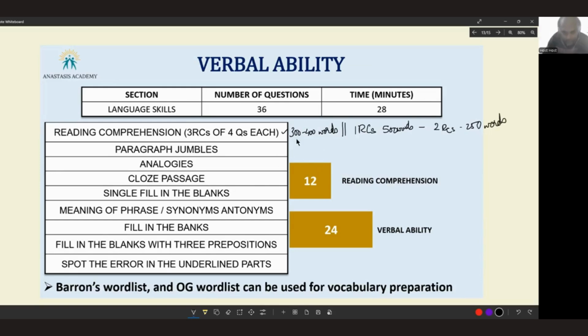I have seen this split also where every RC is pretty much of the same length, and I have seen one RC being insanely long and the other RCs being insanely short. Then we have parajumbles, we have analogies, closed passages. Hopefully we know what closed passages are. Just simply fill in the blank type of questions, but instead of having one individual sentence, it is all in a paragraph. And then different numbers within the paragraph are highlighted,